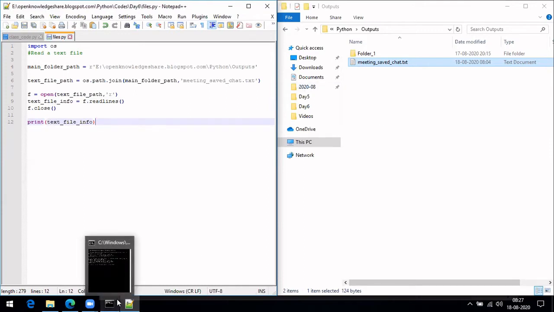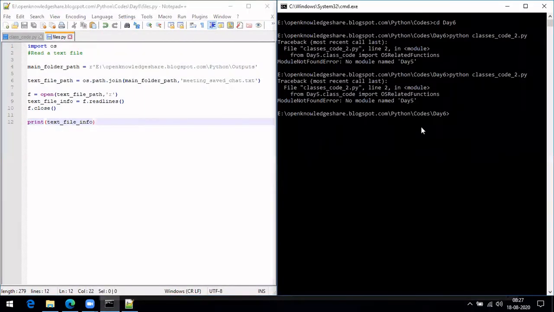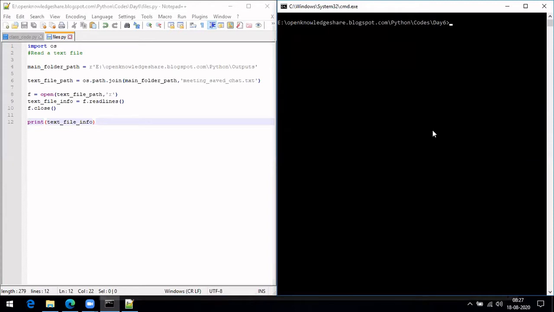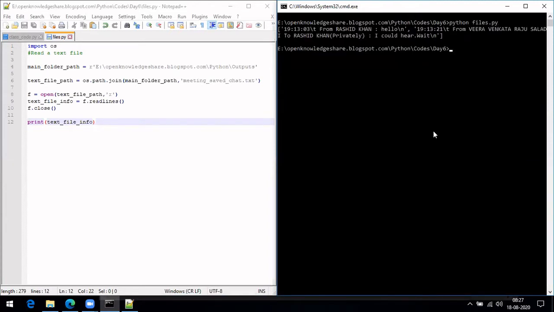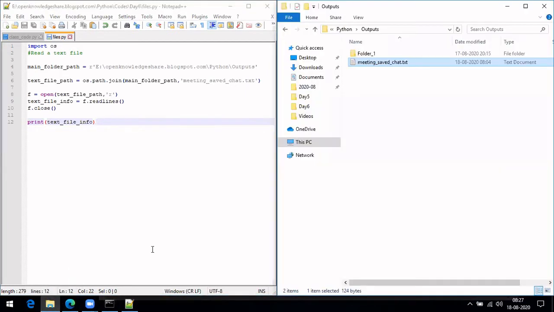Okay, let's do that. That's inside day6 folder. See, it has printed the text, whatever text it is.